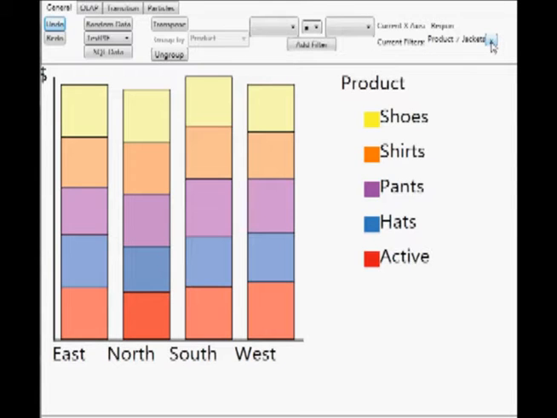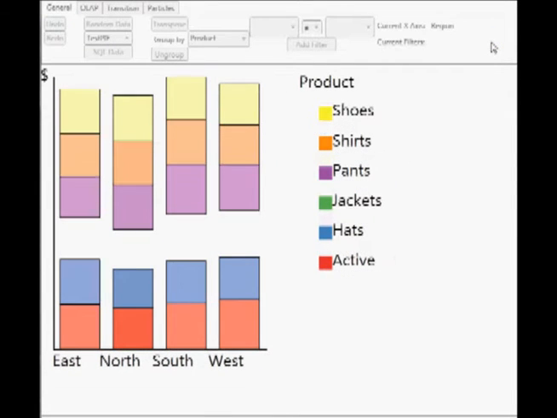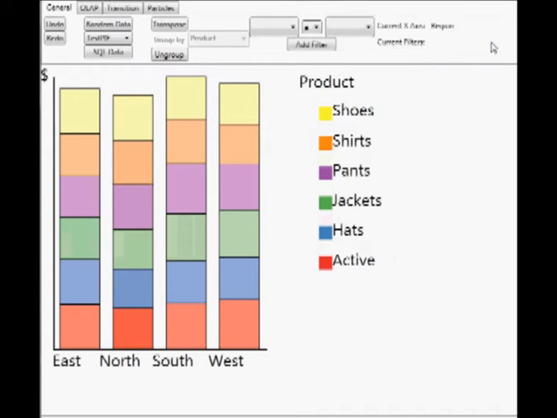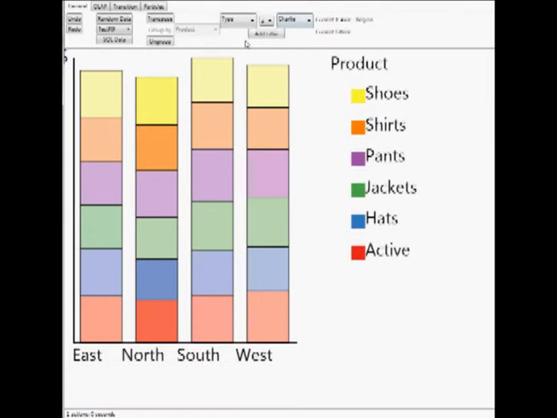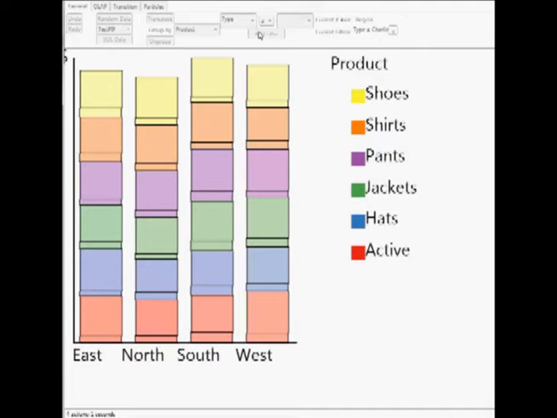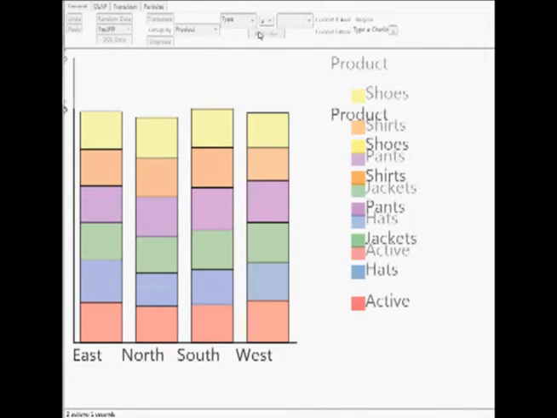To go back, we reverse the order of the transitions. Next, we can filter out a subgroup that is not currently shown. Here, the corresponding portions of each subgroup are moved off screen, and then the groups are moved to fill in